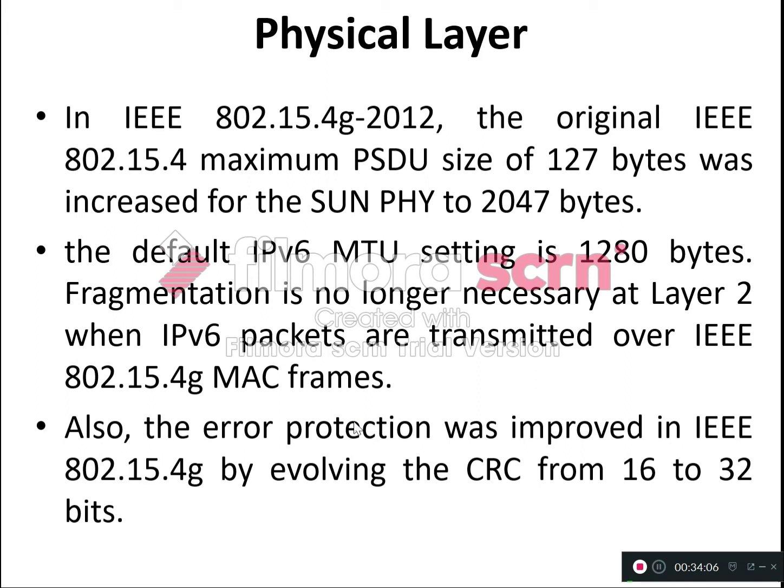So now it is increased in the SUN PHY layer to 2047 bytes, which is more than the MTU size of IPv6, right? The MTU size of IPv6 is 1280 bytes and the maximum PSDU size was 127 bytes. Now it is upgraded by SUN PHY to 2047 bytes, which is much more than the MTU size of IPv6. So in this view, fragmentation is not at all necessary at the link layer when IPv6 packets are transmitted over